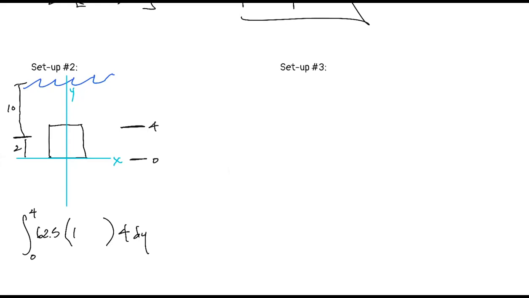Now that is the most pressure, the greatest depth. If I want to get any depth for the rest of the plate, I need to do 12 minus y, okay? Because if I do 12 minus 0, that gets me 12, which is the very bottom of the plate. But if I wanted only to go to the top of the plate, I would get 8 because it's 12 minus 4. Okay, so we generalize that by saying 12 minus y.